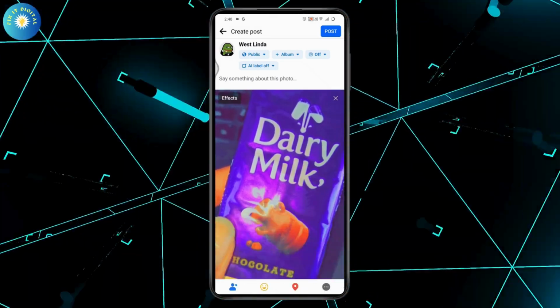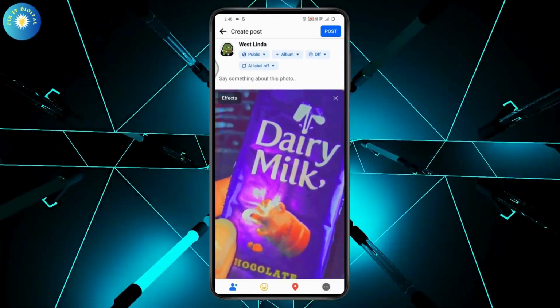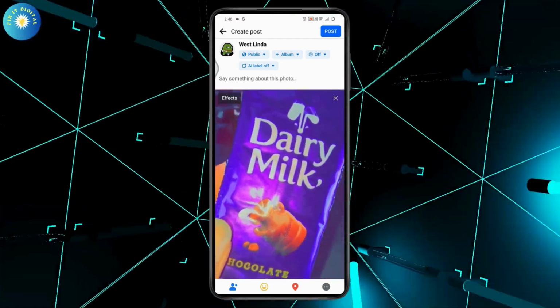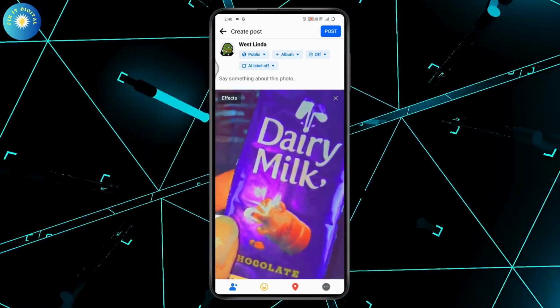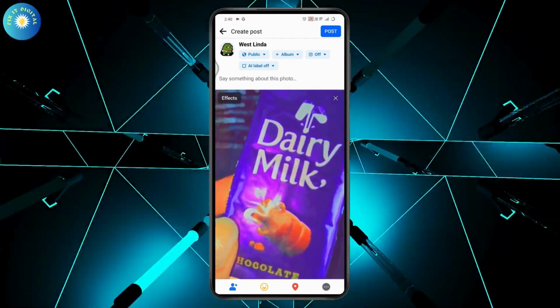So now what you can do is you can simply move your phone to left, right, or like simply you can move your phone and you will have the effect. So that's how you can make your 3D